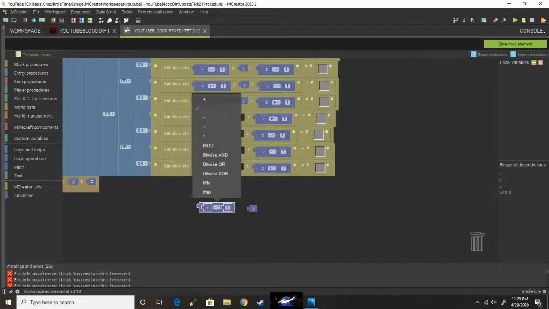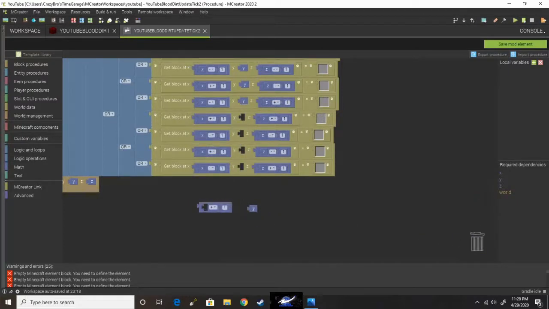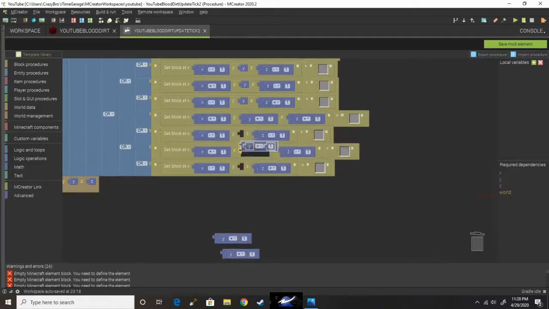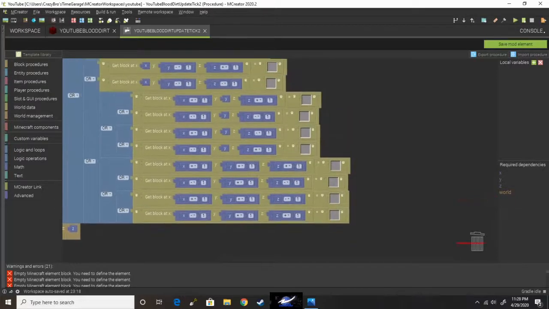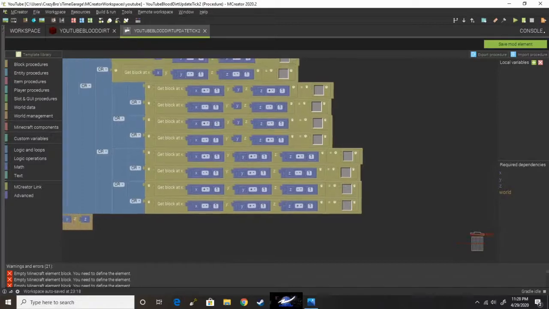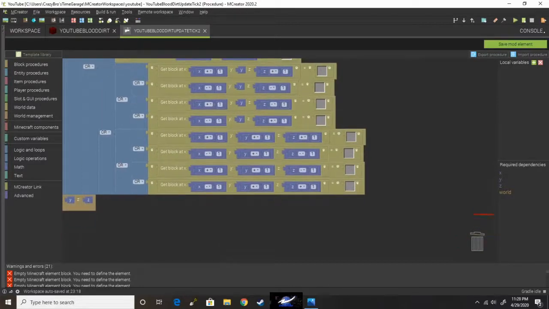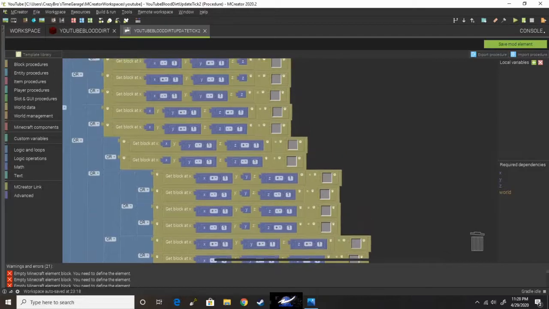Duplicate this, make it a plus, switch these out, and duplicate, and duplicate. So what this is doing is the corners of the incline, these are the corners, so northwest, southeast, whatever, and then these will be the uphill inclines. The normal incline for the X and Z's already been done for us,